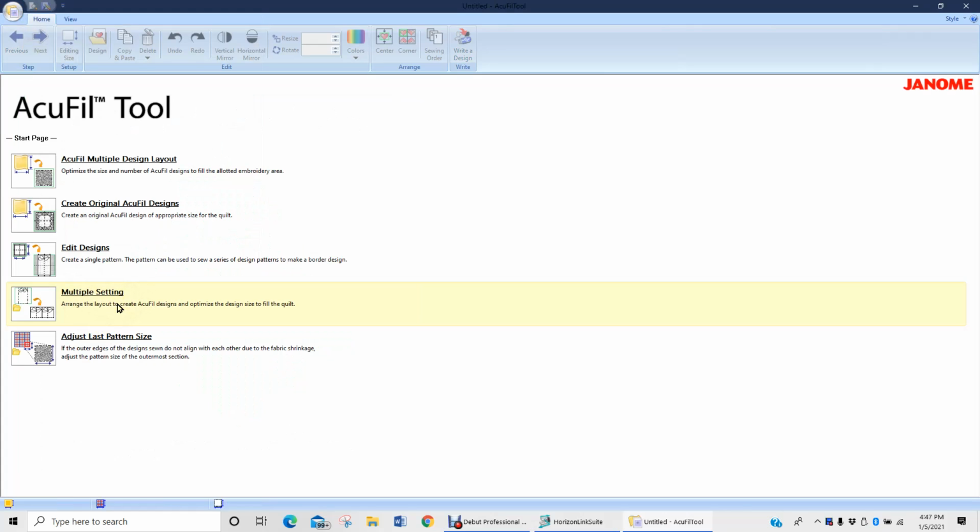Okay, so that's about it for these different elements of the Acufil tool, and I hope that you all learned a lot and that you are anxious to play around with it